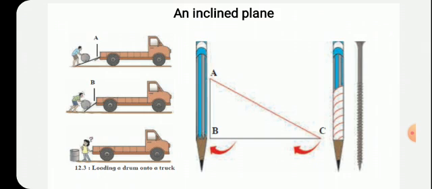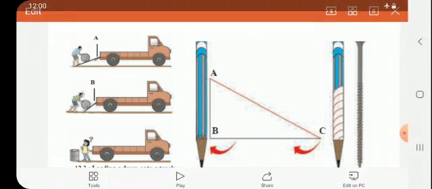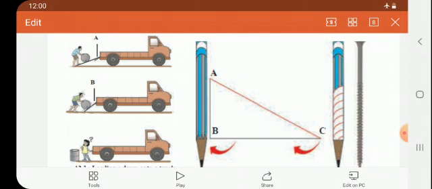Because of this screw, what is happening? A screw is like a rolled up inclined plane made up of an iron strip. It is a simple machine, and that's why it makes our work easier. You know the winding road or a ghat where you go up. It is just like an inclined plane wrapped around the mountain. It helps big vehicles to climb up and down the mountain easily.